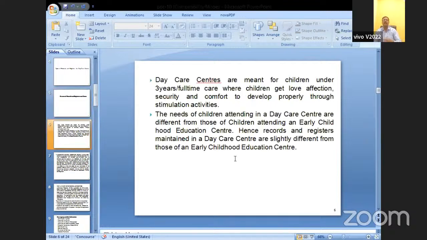Daycare centers are meant for children under 3 years, with full-time care,